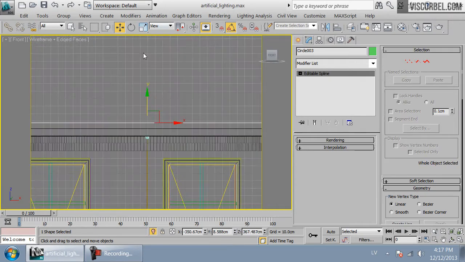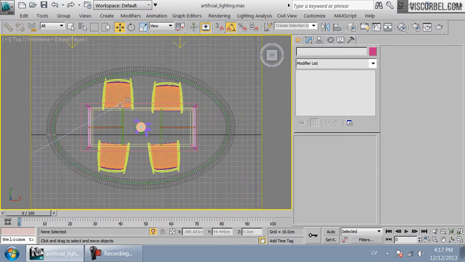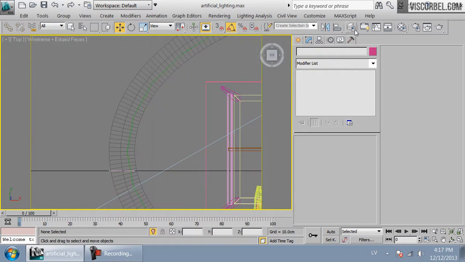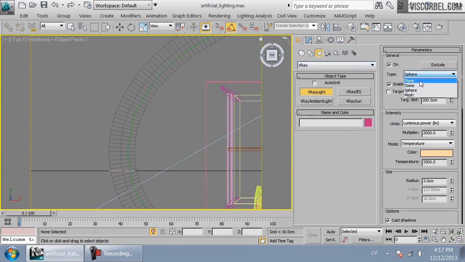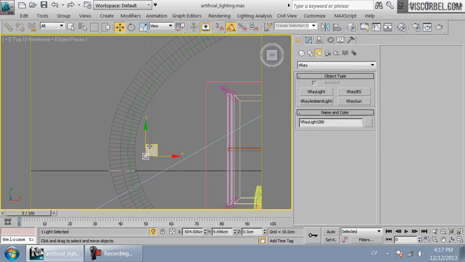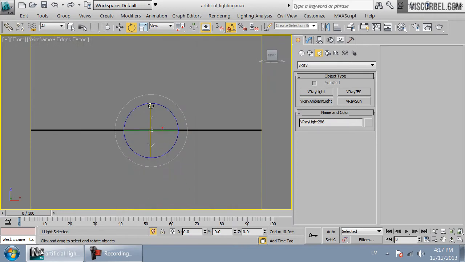Okay, let's move it somewhere up here. And basically I want to take a simple V-Ray light, set to plane, okay, I'm gonna set my size to 2 by 2 centimeters, rotate it upwards,